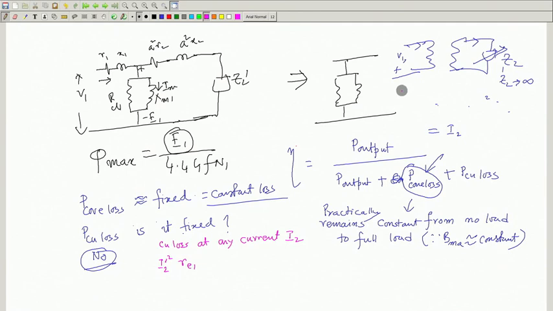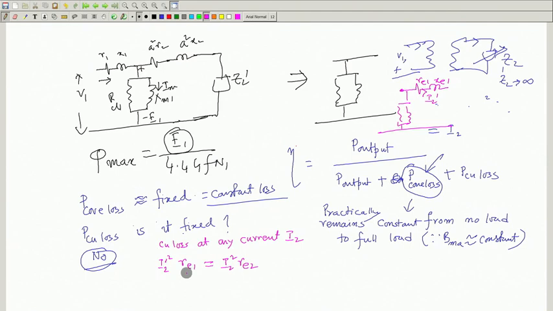Approximate equivalent circuit is this. This current is I2 dashed. Here is the parallel branch. So, I2 dash squared R_e1, which is same as I2 squared into R_e2. There are several ways you can write this, but the point to be noted here